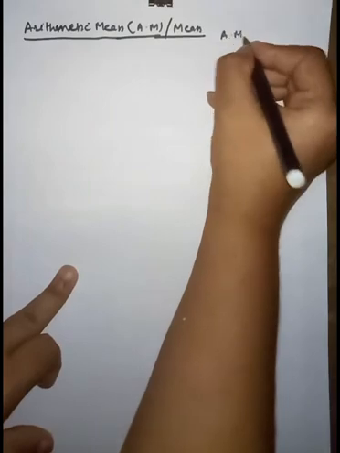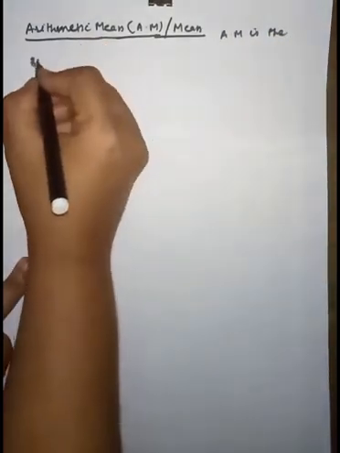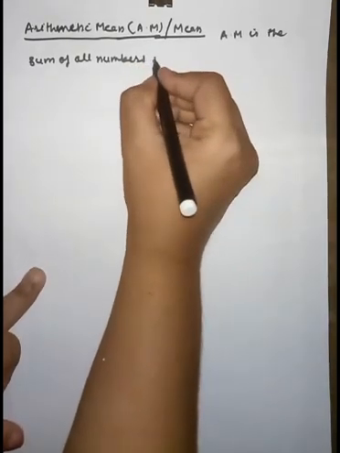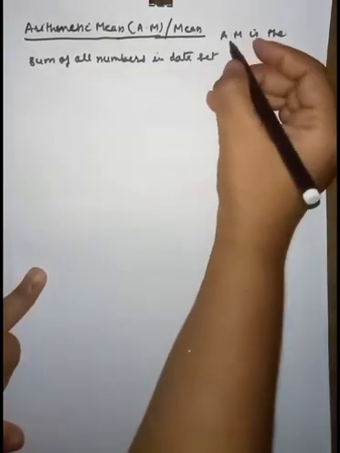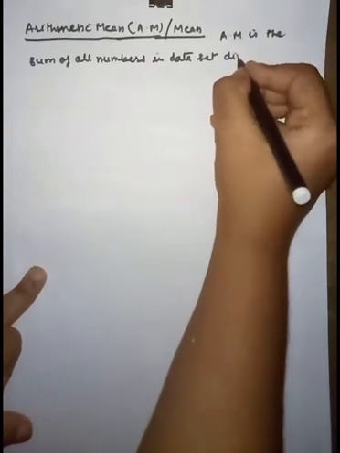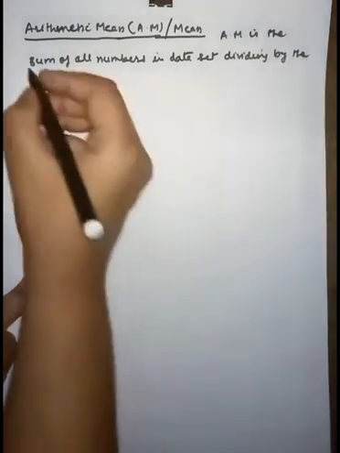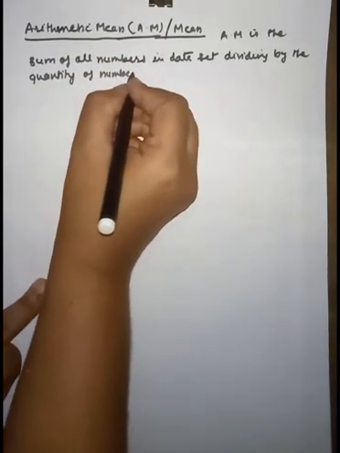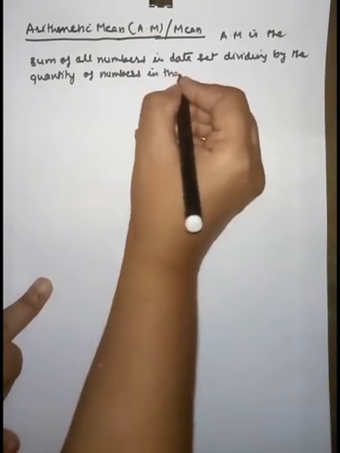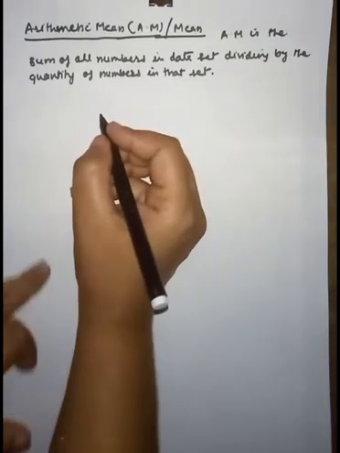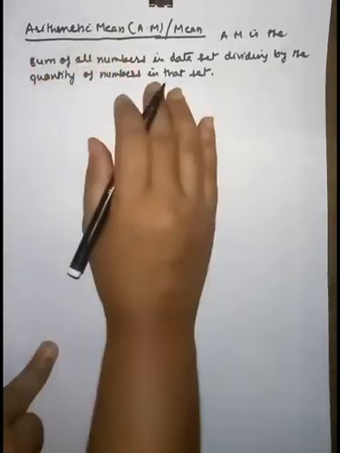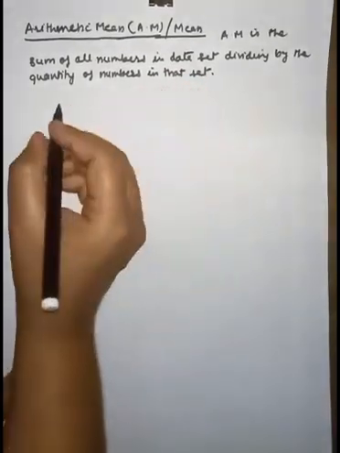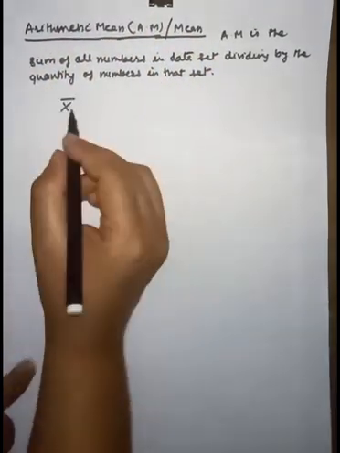Arithmetic mean is the sum of all numbers in a data set divided by the quantity of numbers in that set. In other words, we add all the numbers or observations together and divide by the number of observations. So the symbol of arithmetic mean is x bar, and